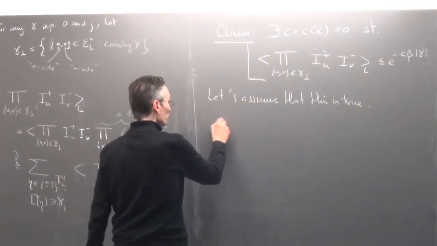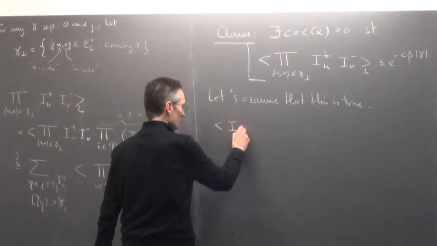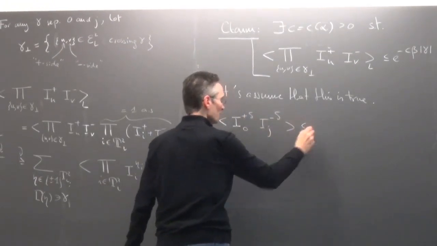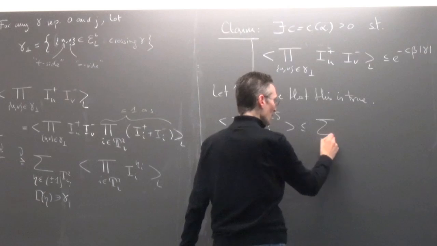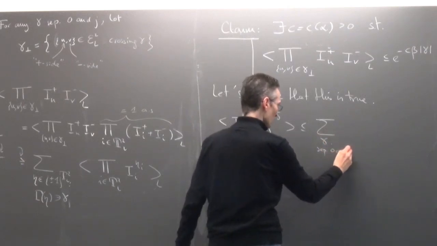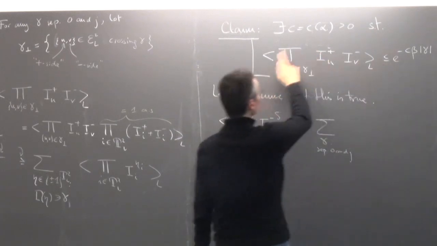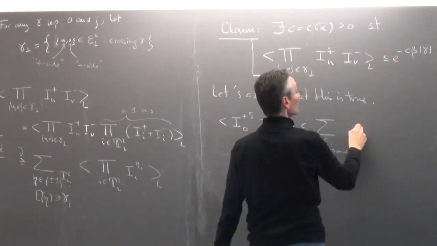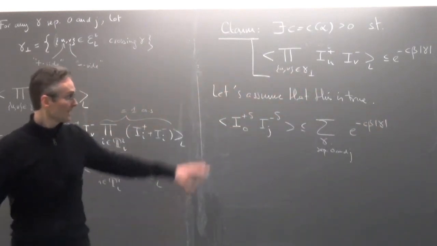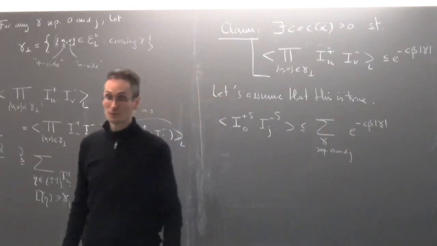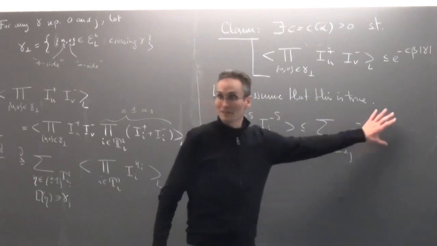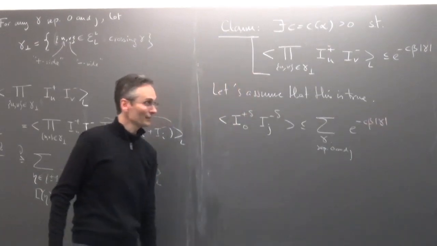We get that the quantity we wanted to bound from the start, which was this I0 plus delta ij minus delta, we have seen that this is smaller than the sum over all gamma which separates 0 and j, of, well, this quantity, but which is bounded by this quantity. So it's e to the minus C beta gamma. So we get exactly the same kind of bound we got when doing the Peierls argument. Okay, we have a C, but it doesn't change anything. So we have the same bound we had when doing the Peierls argument.